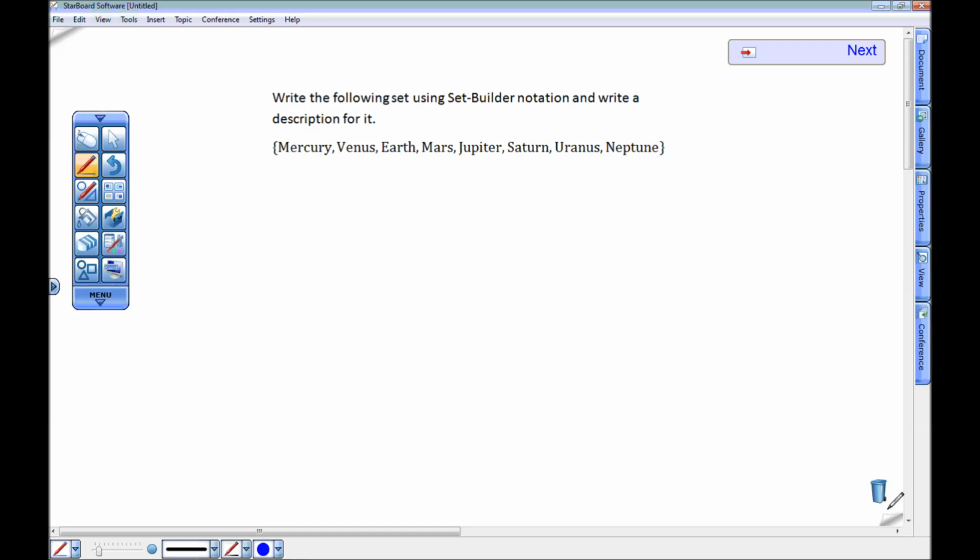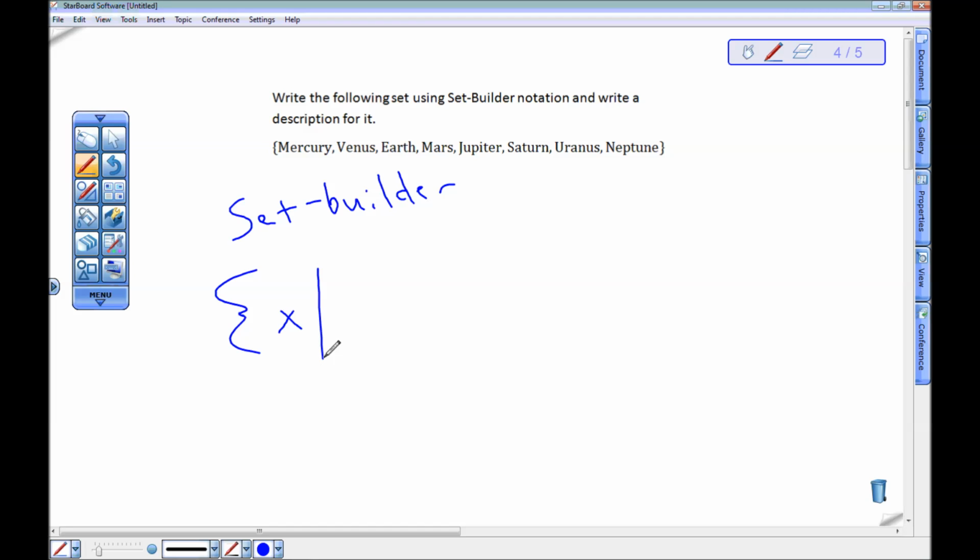Let's look at another one here. I'm going to write the following using set builder notation and then write a description for it. This is the set Mercury, Venus, Earth, Mars, Jupiter, Saturn, Uranus, and Neptune. Well, if I'm going to use set builder notation, I'm going to need to know what ties those things together. And in my mind, that's the set of all planets in our solar system. So, to do set builder,